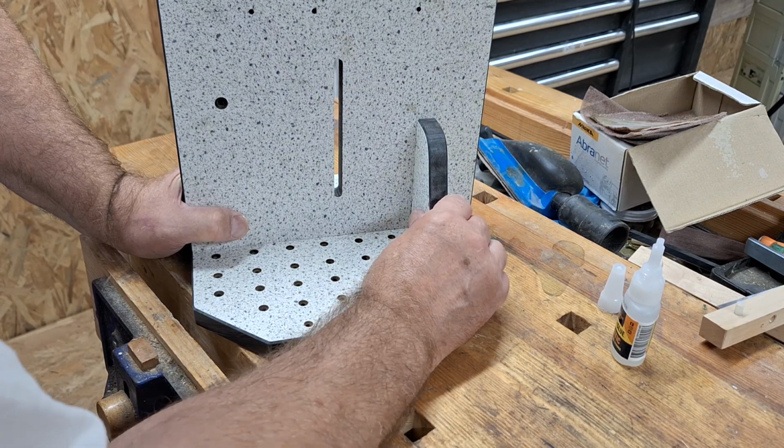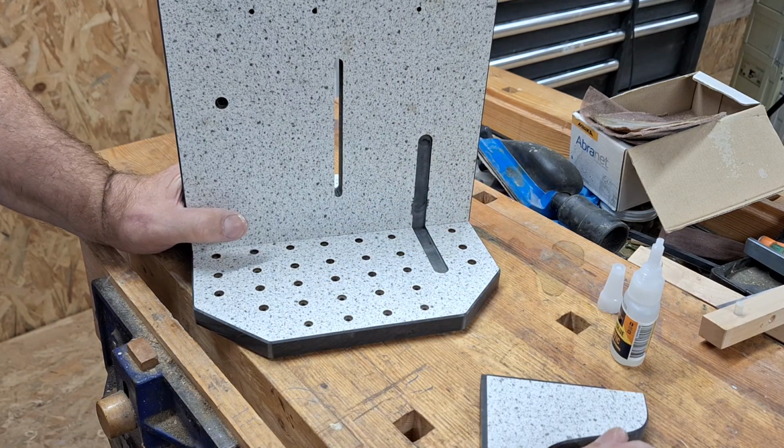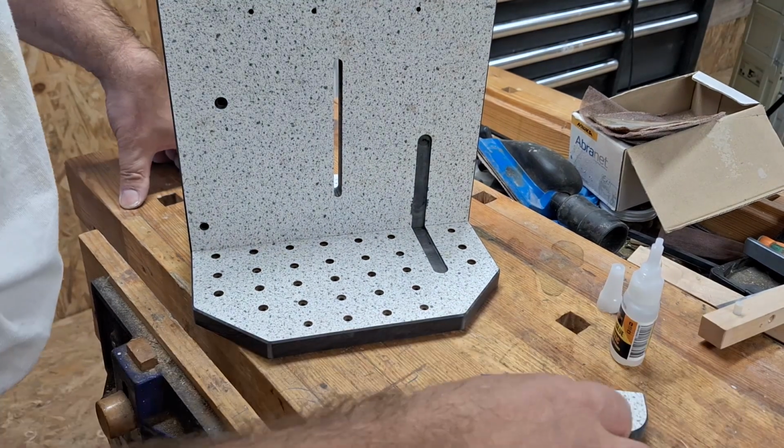So right, so we know that that's aligned now. So now all I've got to do,